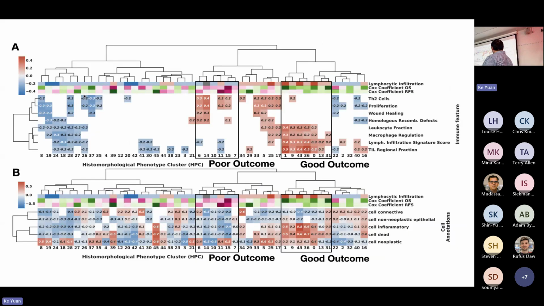And then what we did is to link them to underlying molecular data. So in TCGA, every single patient has H&E images. They also have a variety of different molecular profiles, from gene expression, mutation, and the rest of it. And what we found is that if you correlate the cluster frequencies with the activity of those signatures, we find a very strong correlation between those clinically poor outcome group of clusters and good outcome clusters and their relationship with